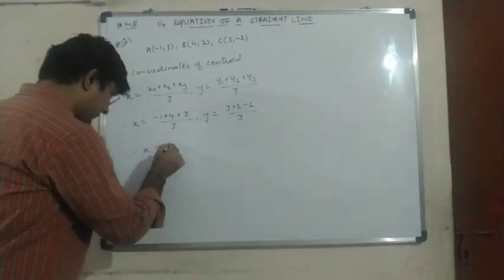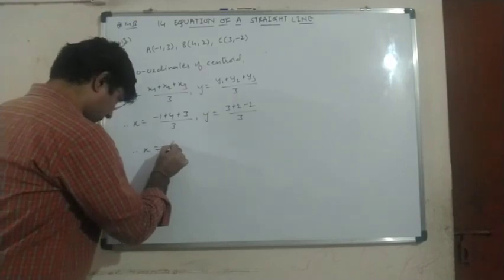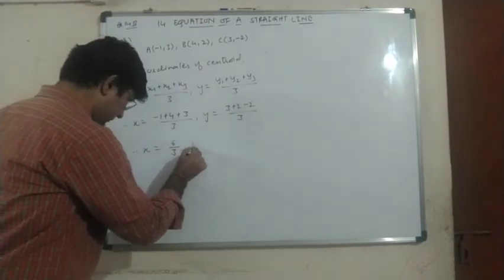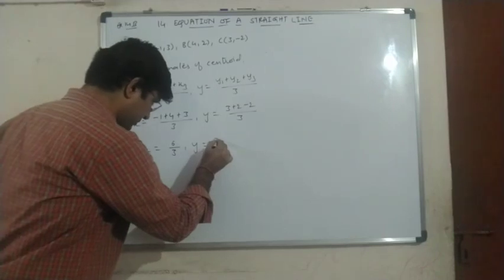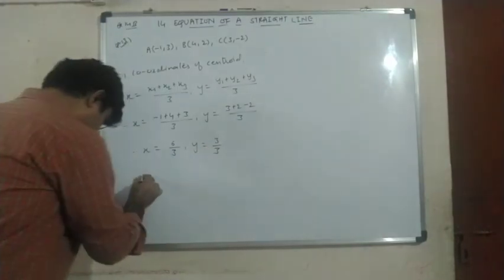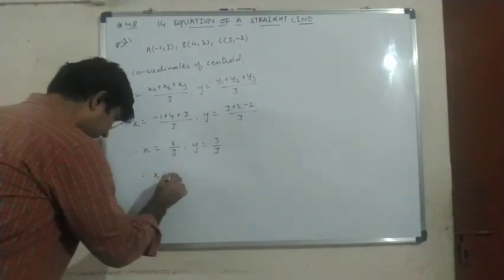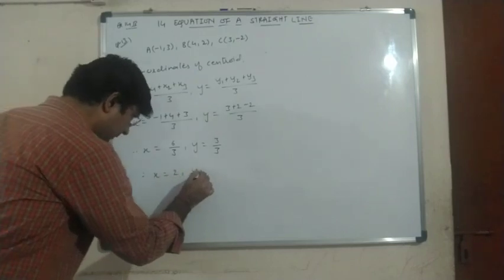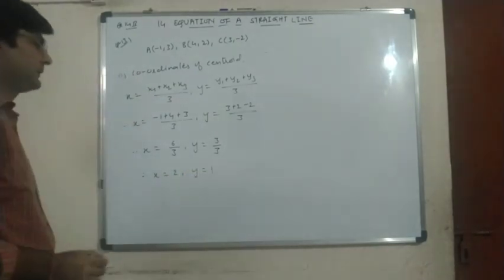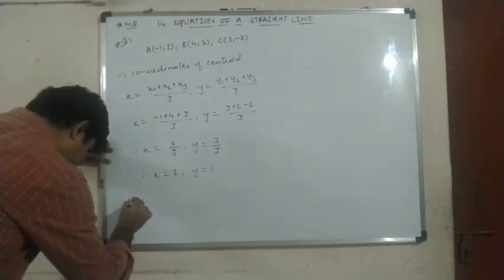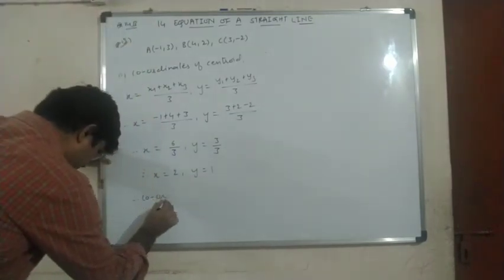Therefore x is equal to 6 upon 3 and y is equal to 3 upon 3. Therefore x is equal to 2 and y is equal to 1, and therefore coordinates of centroid